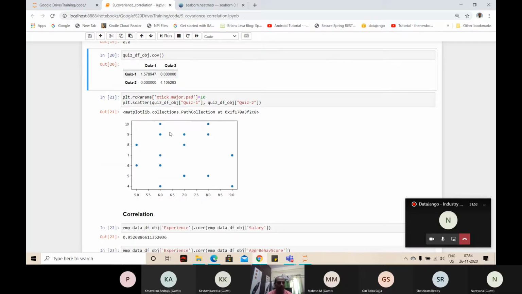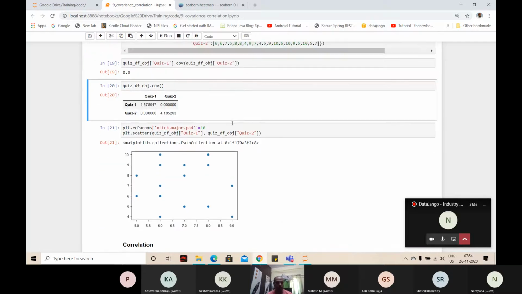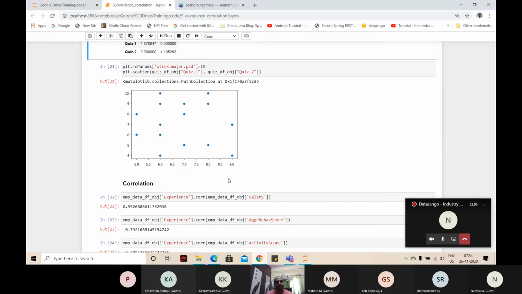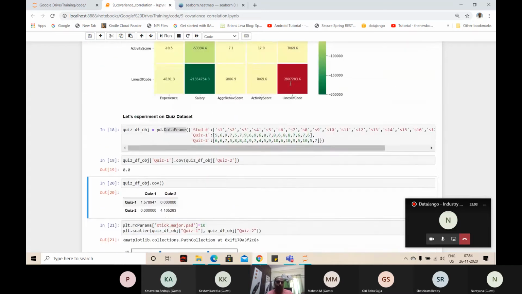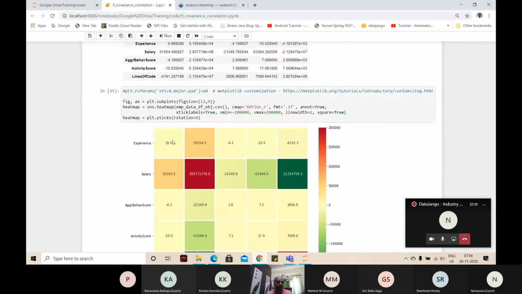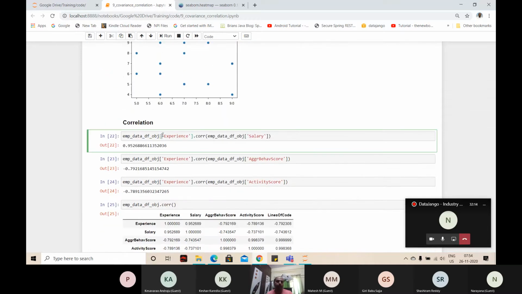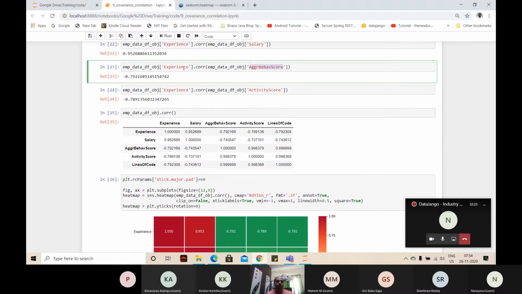When you look at the scatter plot between these two columns, see this? If there is a relationship, the dots are going to form a line, especially a straight line. So for example, I have taken related data and unrelated data, to show how it looks. And then the correlation coefficient. There is a method called corr, for correlation. I think I should change this.